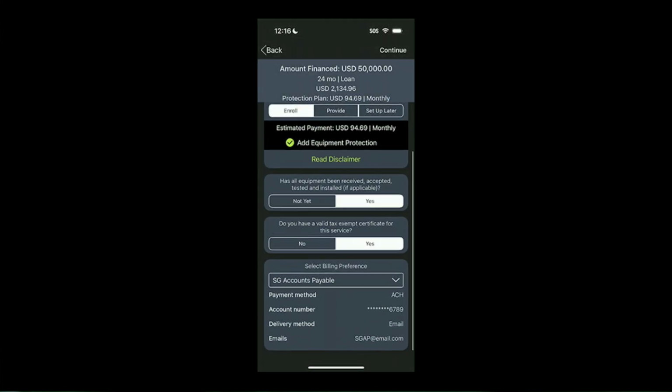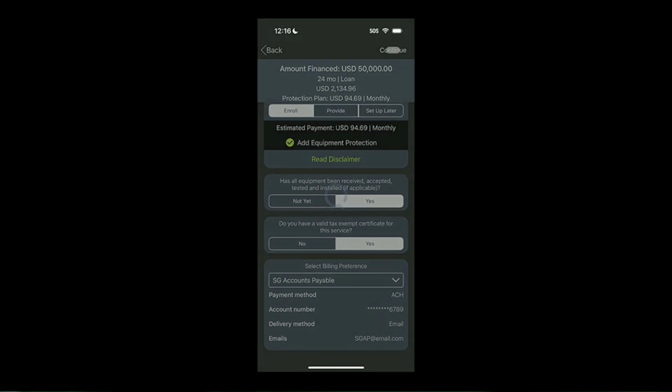The equipment buyer then confirms the equipment delivery and billing preferences. The digital finance contract is generated instantly based on the selections made on the prior screen, eliminating the time and cost to prepare and deliver documents manually. QuickFi also eliminates all the waiting the customer would endure under the traditional lending model.